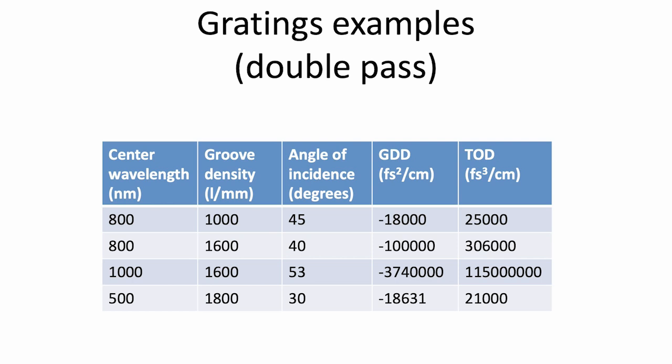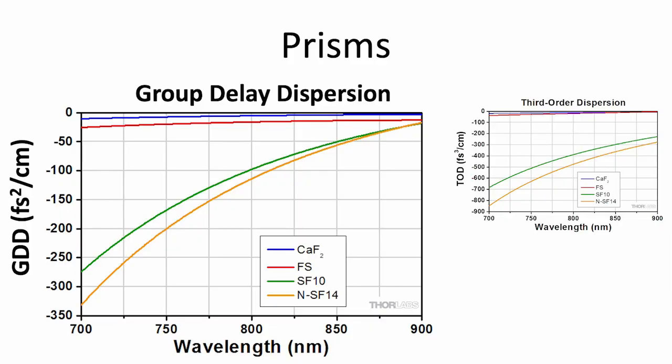So that can be a huge chirp for chirped pulse amplification, or just a nice compensation for a lot of glass in your optical system if you want to recompress your pulse back after microscope objectives and so forth, tube lenses and whatever you are using in your experiment. Now, let's compare this. Remember, hundreds of thousands to millions of femtosecond square. Let's compare that with the next one with the prisms.